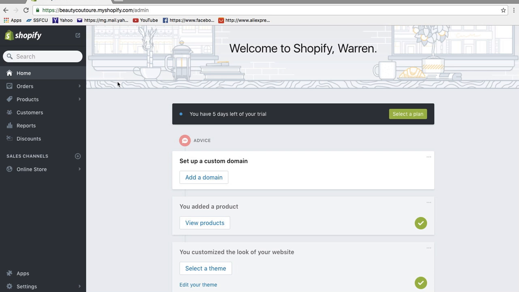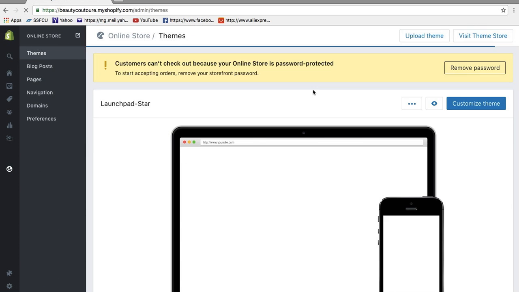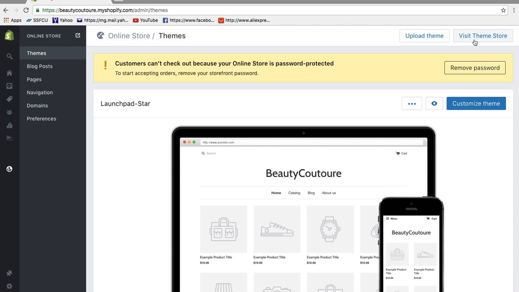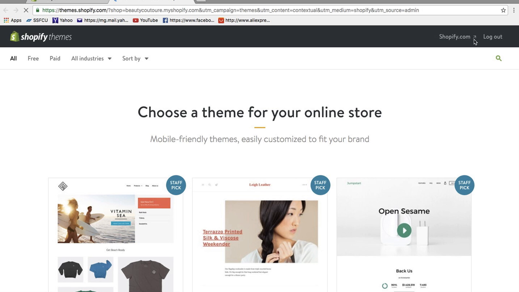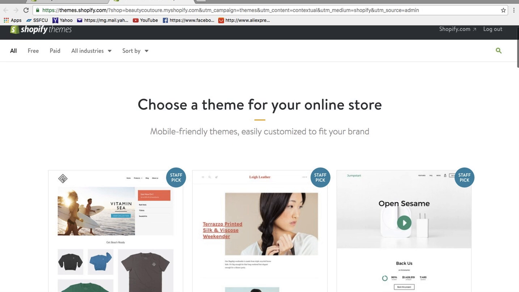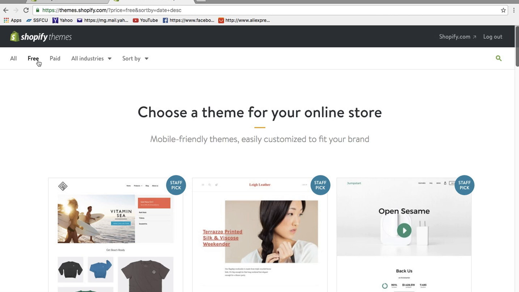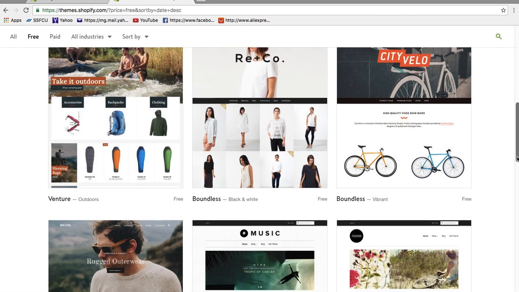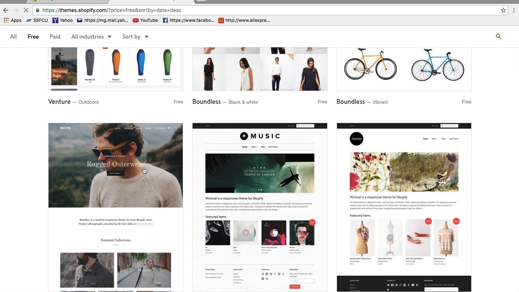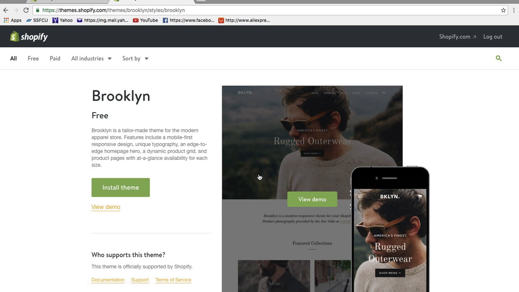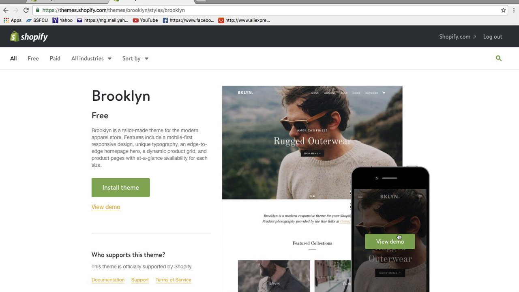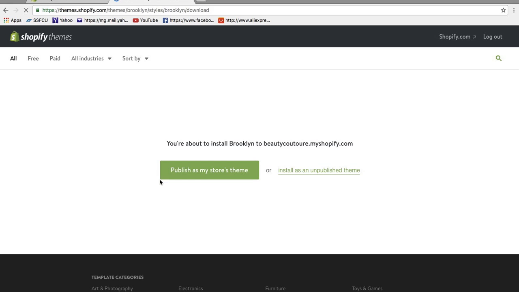So let's navigate to the theme store. The way we're going to get there is just hit Online Store, and we're going to hit Visit Theme Store here. And the theme that we want is the Brooklyn theme. It's a completely free theme. This is one that's very popular with Shopify users. It's a very minimalist, black and white. It's responsive, mobile friendly. So this is the one that we're going to use for the sake of the training